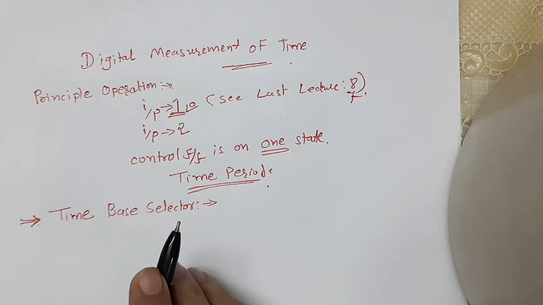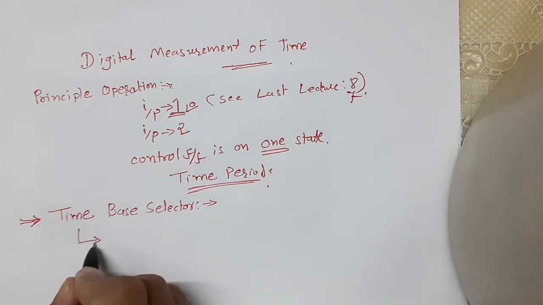I repeat, it is clear that in order to know the value of the frequency of the input signal, the time interval between the start and stop of the gate must be accurately known, and this is called the time base. The time base consists of a fixed